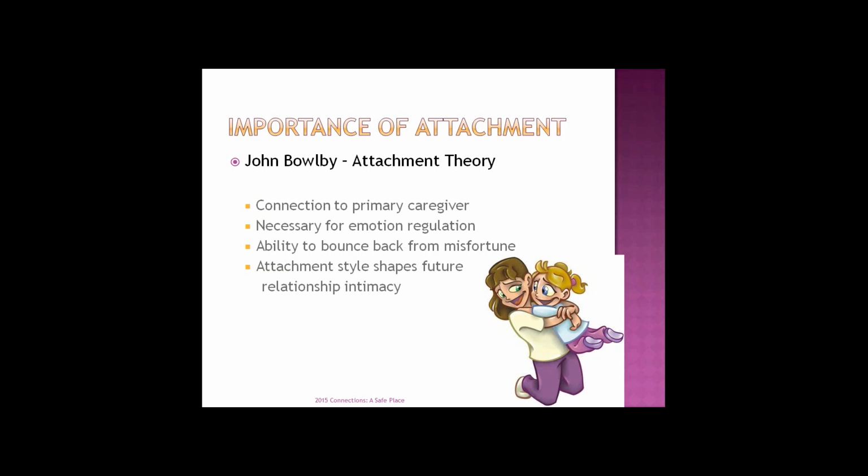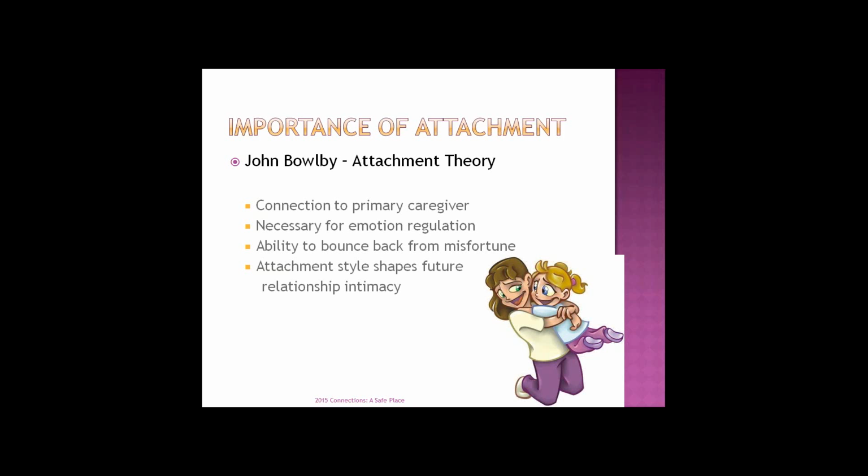So a child who has a very secure attachment learns that they can feel safe in the world, that they can develop a meaningful connection with others. They learn that they can go out and explore their world and come back and feel secure about it. They learn to balance their emotions. They learn to make sense of their lives. So that's the importance of the connection to a primary caregiver.